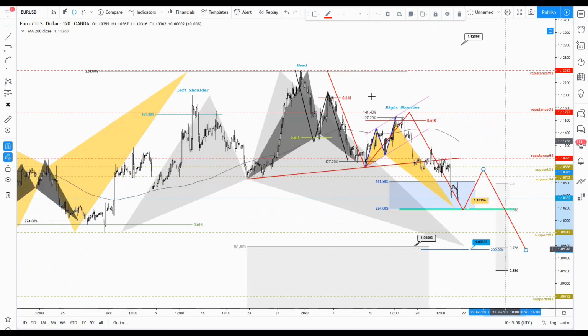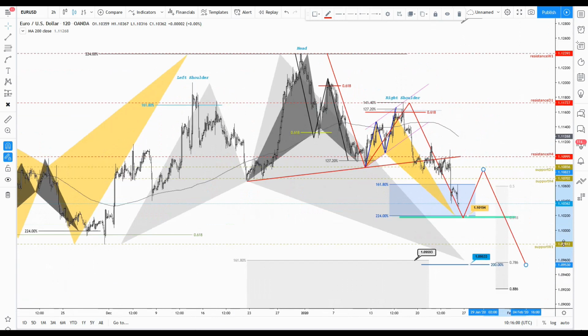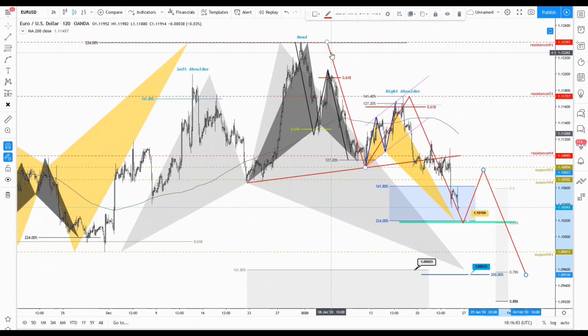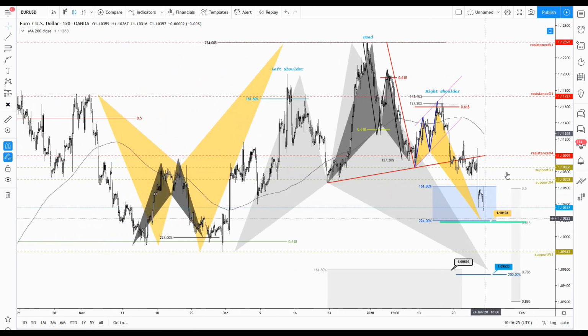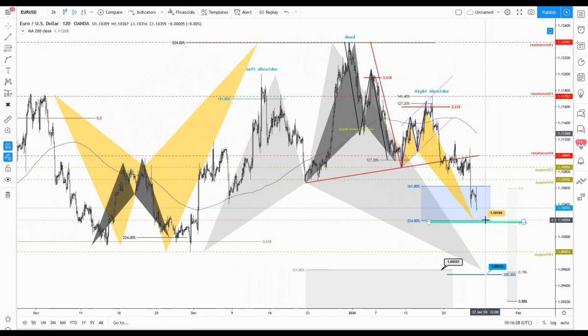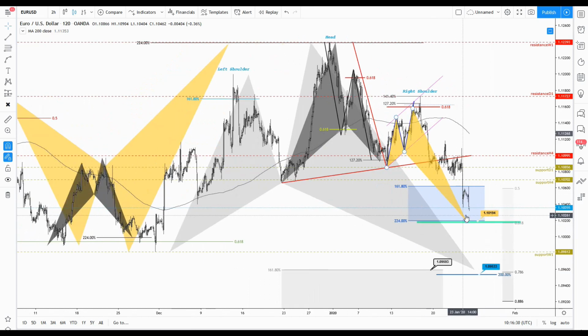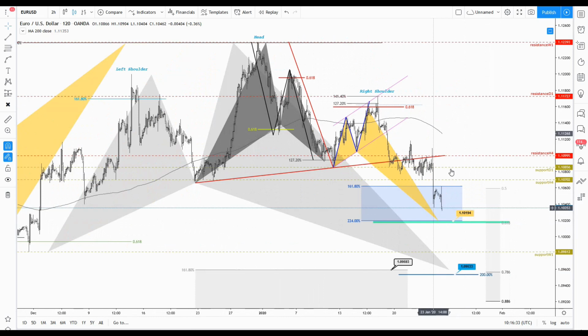So I will not ignore this kind of three-wave structure, or five-wave structure also, in fact, searching for those levels. For now, we need to remain with what we have at this point, and based on the Fibonacci criteria and variables at our disposal, I will not ignore some more bearish, even if limited, momentum for euro versus dollar, searching for those levels. If that happens, eventually we will see the market bouncing from those levels. Obviously that can happen from the recent